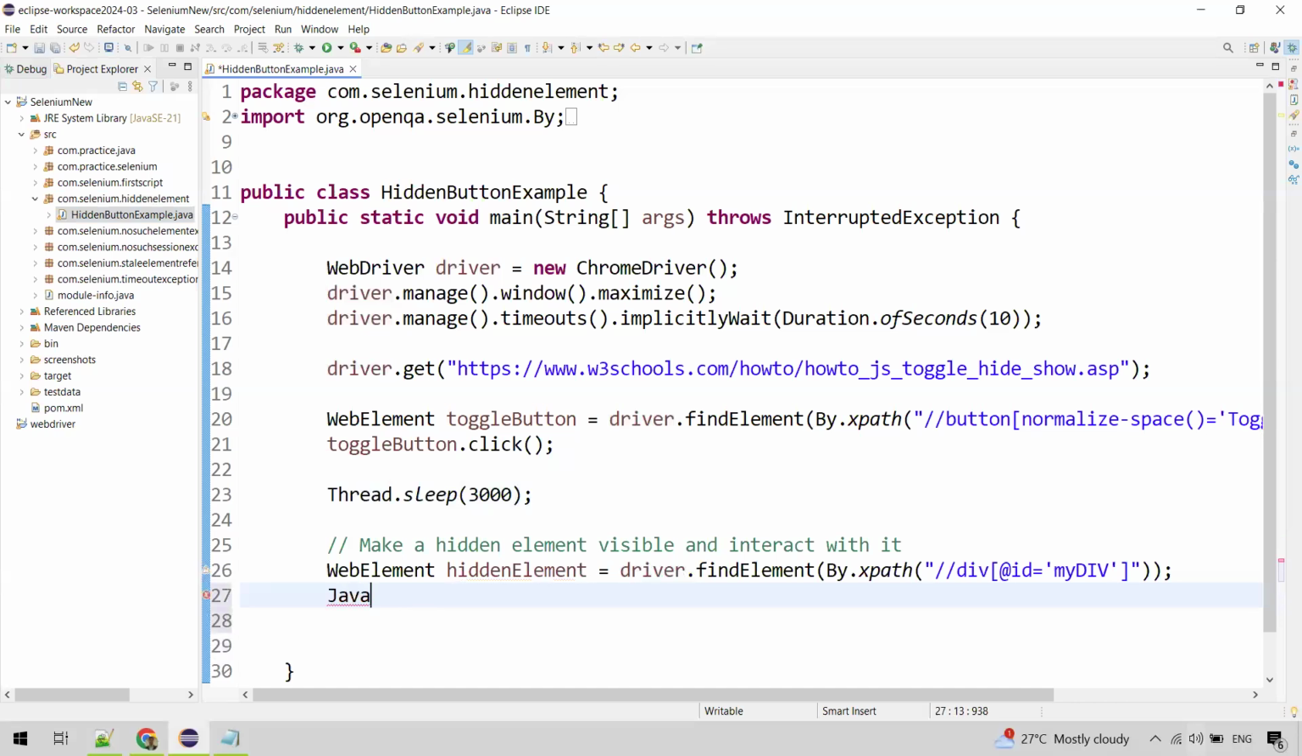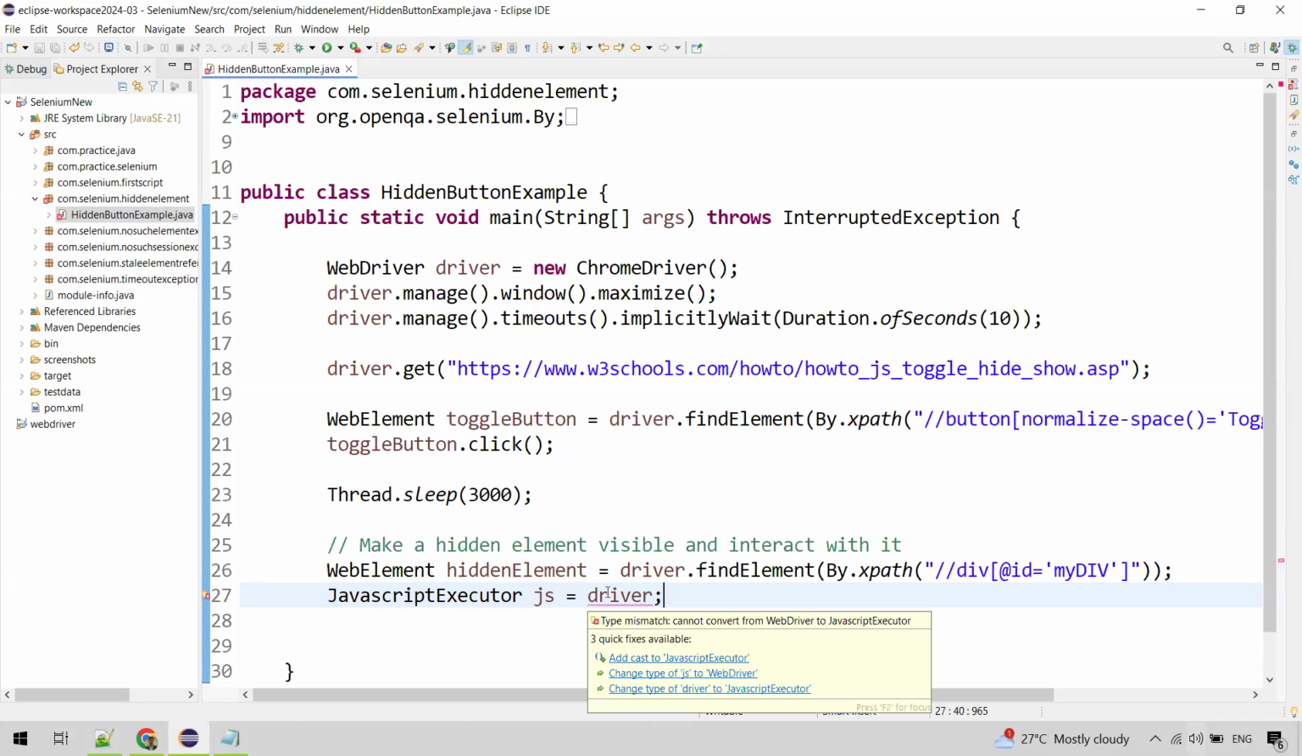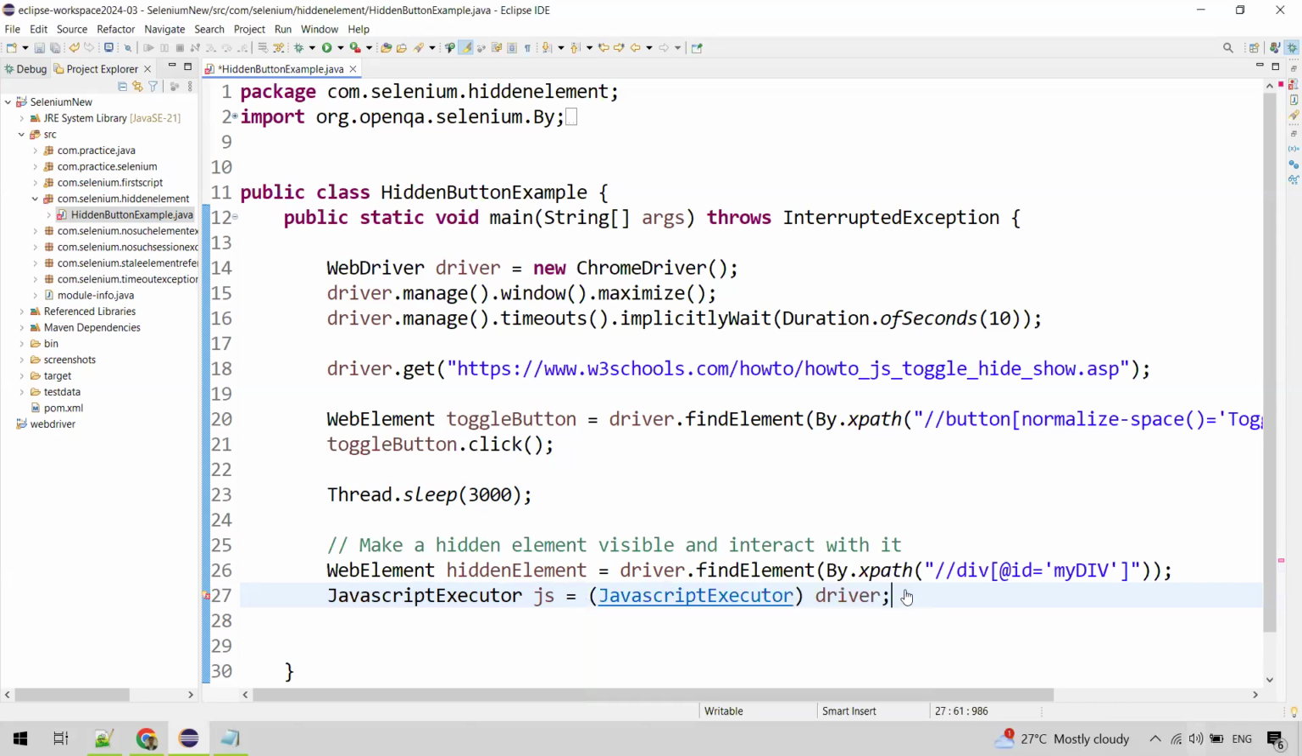So for that, what we'll do is we'll create an object for JavaScript executor. We'll assign the driver, WebDriver, to it. So we need to typecast it to JavaScript executor, right? So this is what we do. Now we get the JavaScript executor object. So using this,